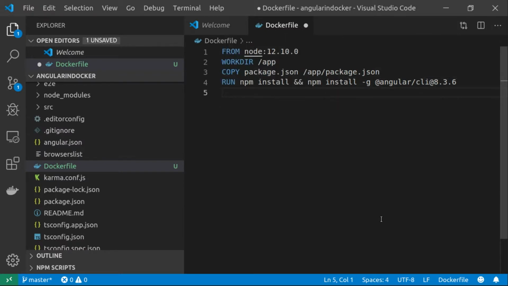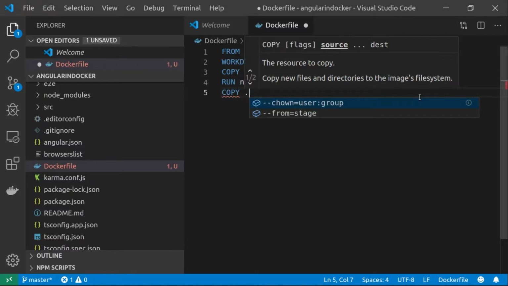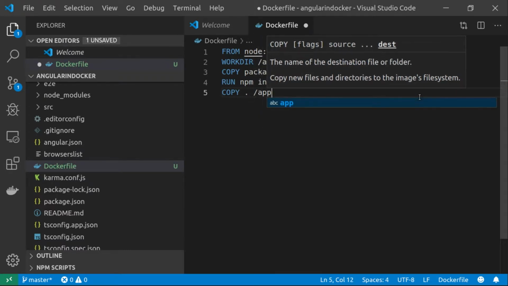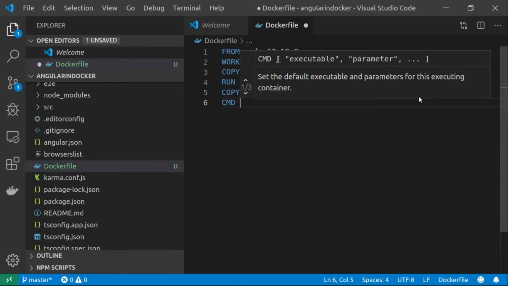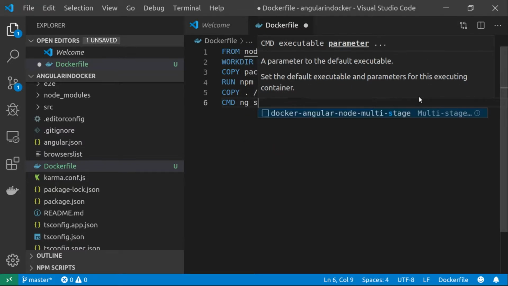When npm has installed everything from our package.json, which is actually residing on our local directory, and then installed on top the Angular framework, we have our application already bundled, so we can copy the resulting files into the container. So type COPY everything from our current directory into the app directory of the container. And the last thing is to start the ng serve command, which will create an in-memory server. So we'll type ng serve